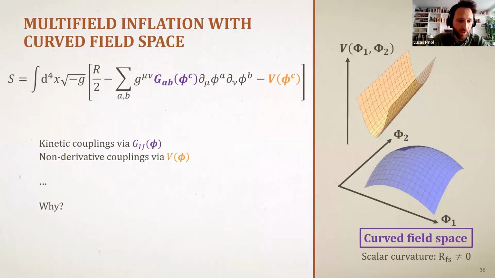So just as a little bit of motivation, these are the models of inflation that I will be looking at. These are so-called nonlinear sigma models of inflation. They consist of a bunch of scalar fields which are labeled by these letters A that go from 1 to the number of fields that you have in your model. And I will allow some potential interactions for any of the scalar fields. And I will also allow the scalar fields to have some kinetic interactions, so some non-trivial kinetic terms.